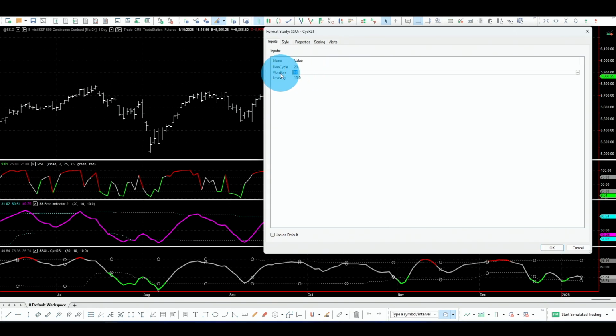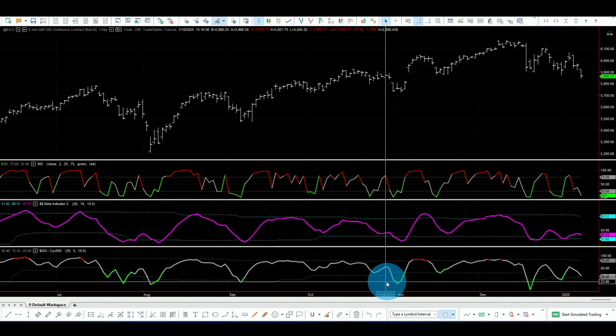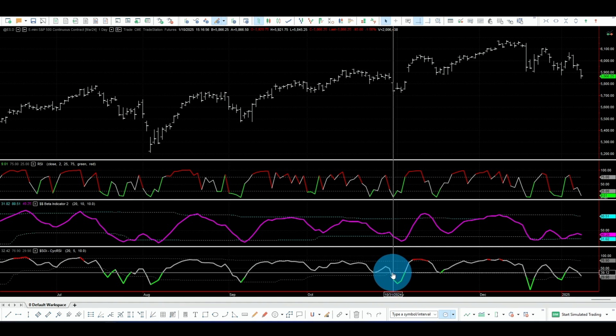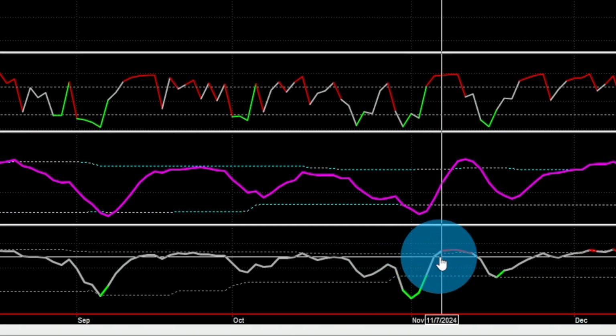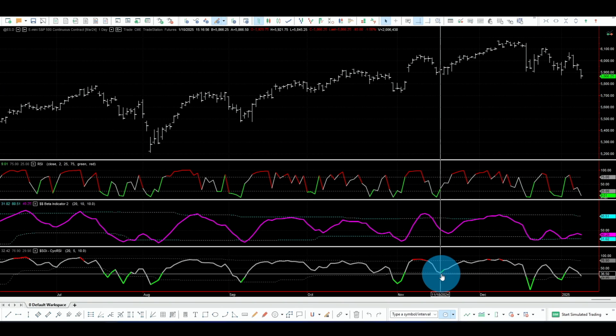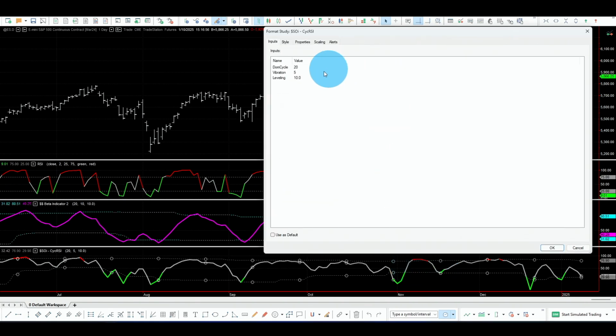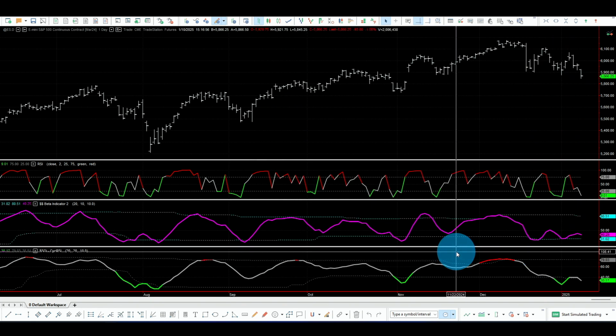And now let's change the vibration to half, which is 5. And again, now we are getting earlier signals. So this one switched here, and the overbought switched here, and this one didn't switch, and here we have another one. So again, it looks like reducing this produces more signals. And then what if we go to 20 again, which is double, I expect less signals, and as expected,